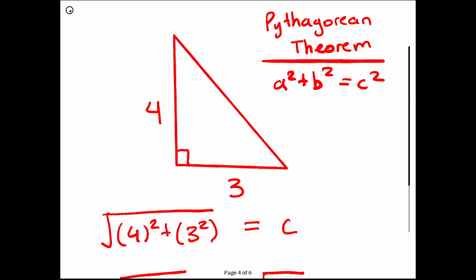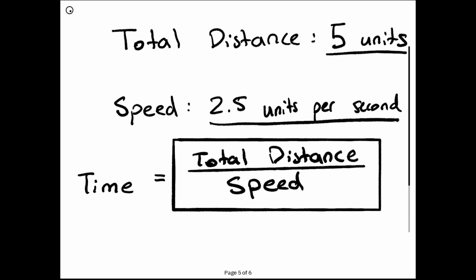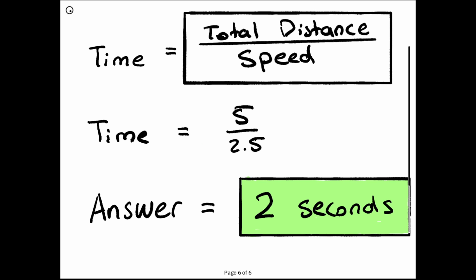So finally, we've got to calculate the time it takes. We know the total distance he needs to cover is 5 units, and the speed he travels at is 2.5 units per second. We can use the time, distance, and speed formula, which is related as time equals total distance over speed, which finally gets us that the time is 5 divided by 2.5, with a final answer of 2